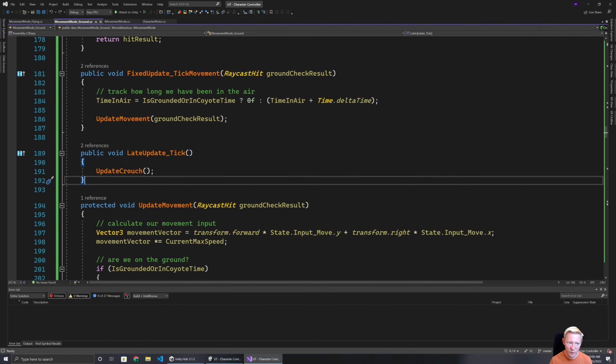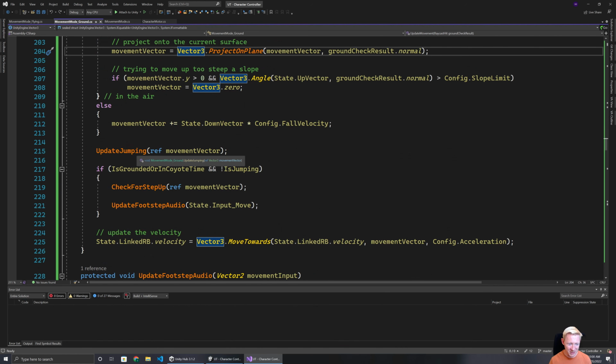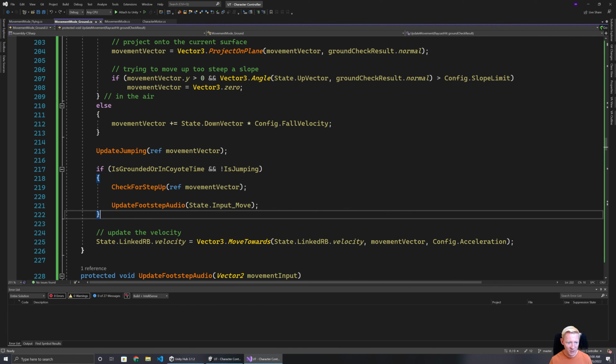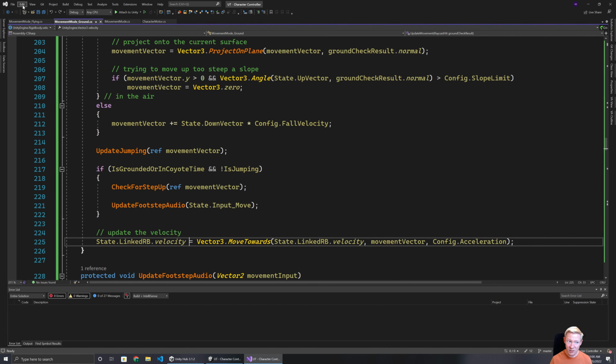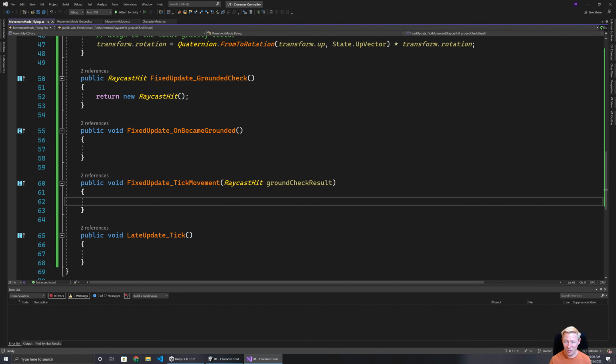So with the update movement, time and air aren't going to be applicable. A lot of the stuff, so jumping, things like that, won't be applicable. We will need to set up something where it's adjusting the velocity, so that's okay. So really, we can just directly go to calculating the movement input. So what I want to do is I want jump and crouch to control the vertical. So I'm going to say the vertical input is equal to, so if state input jump, then I want that to be 1, otherwise 0,